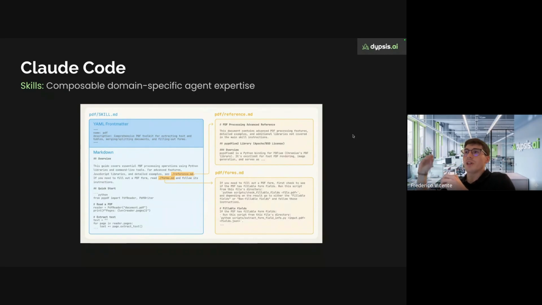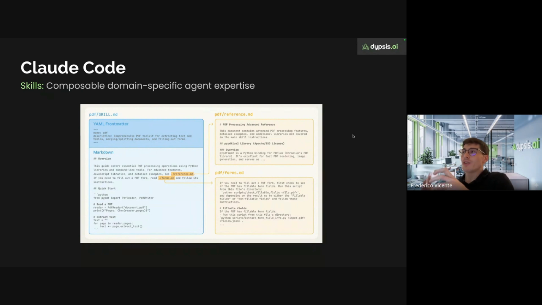In essence, for every skill you provide an instruction, like here in skill.md, where you provide, for instance, the description of how this skill works, and it can even execute code. So you can put executable code within these skills, and that's what makes it really powerful.